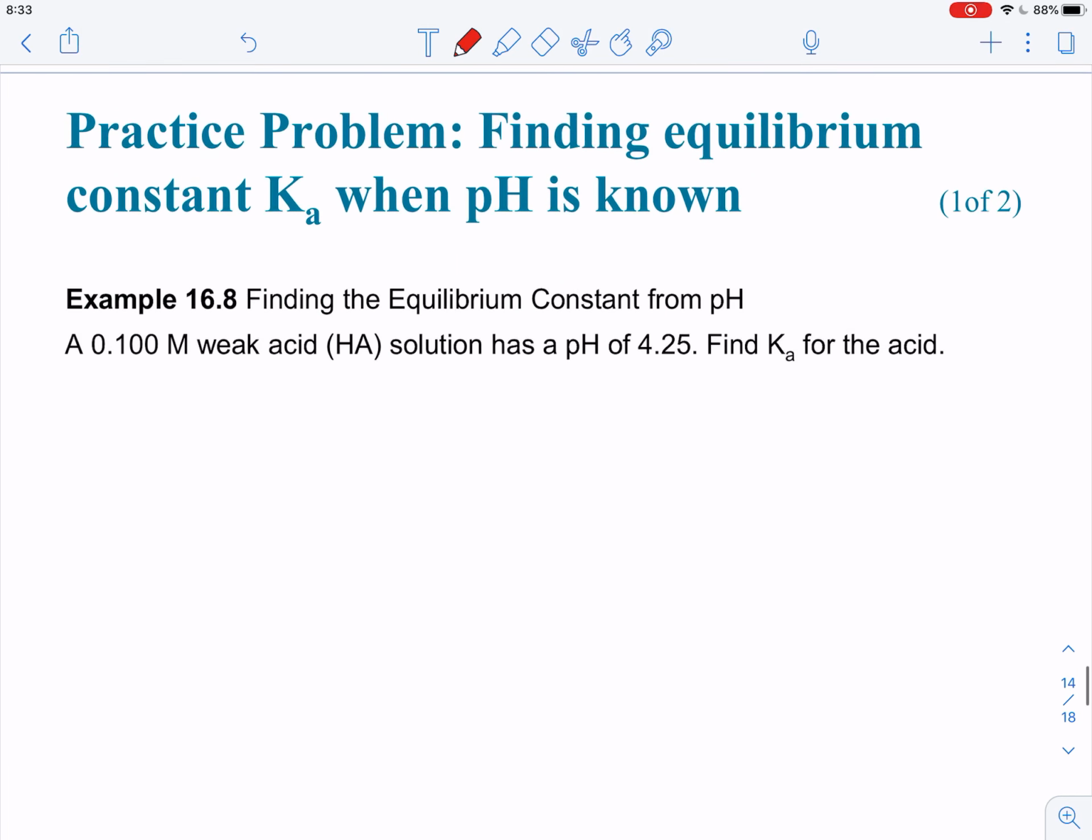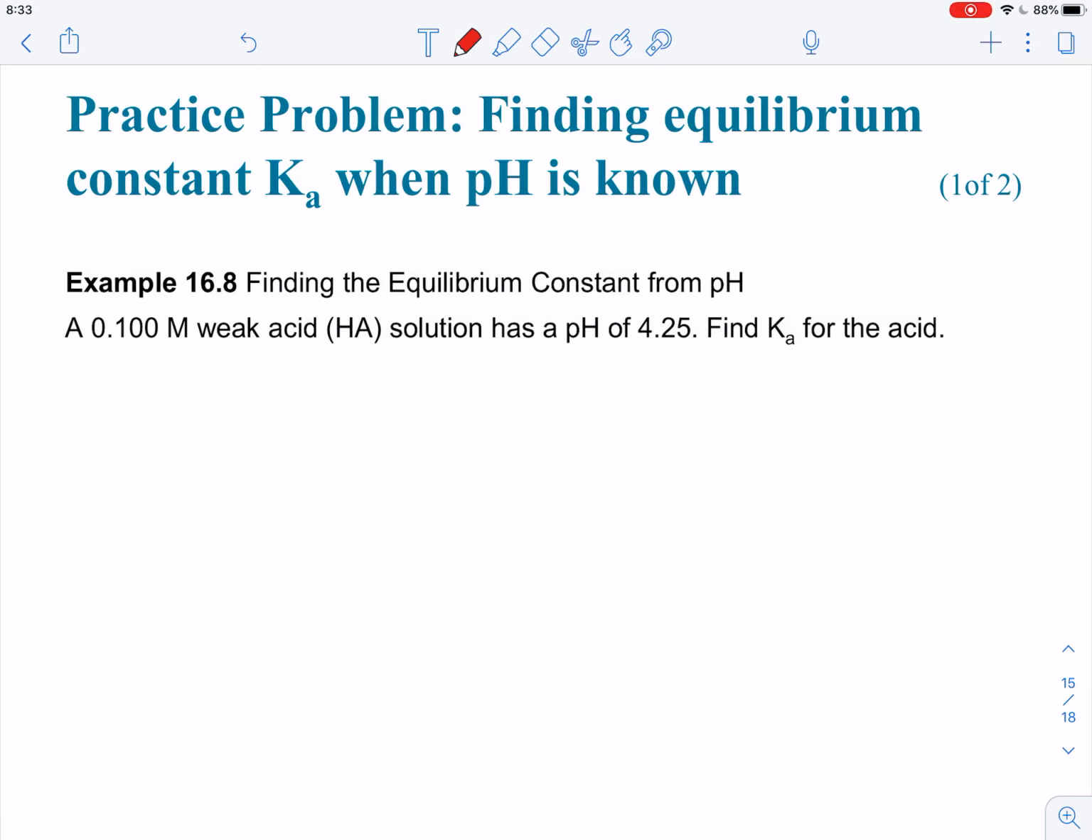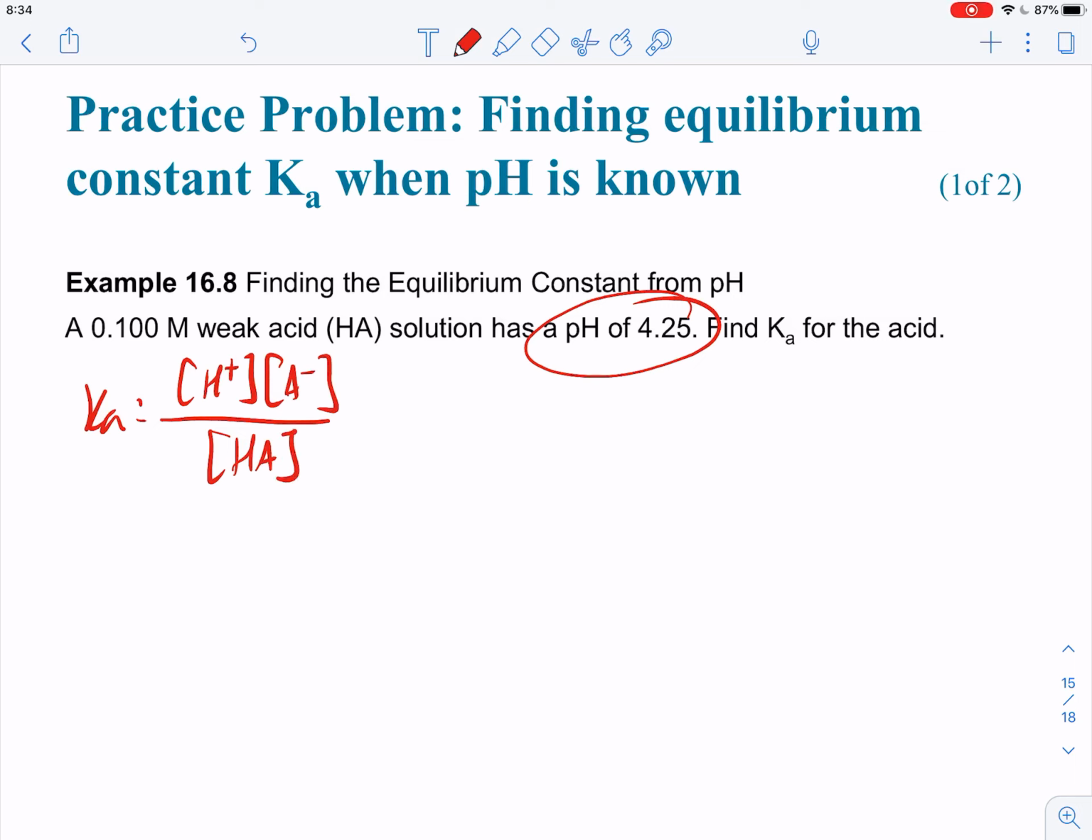What if we want to go in the other direction? What if at this point we've been using the initial concentration of the acid and the acidity constant to find the pH of the solution? What if you have the pH and then you want to find what the value of Ka is? Well, that's actually not that hard to do, because what is Ka? Ka is equal to H plus times A minus divided by HA. Pretty much if it's a weak acid, for the most part you can assume that HA is the initial concentration of the acid,